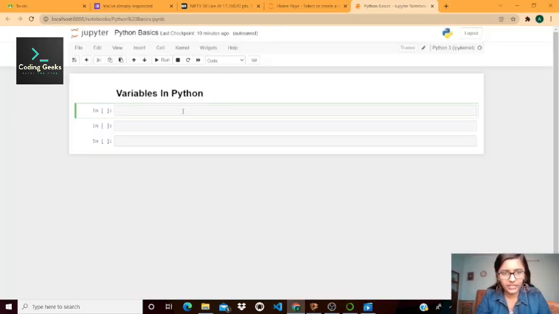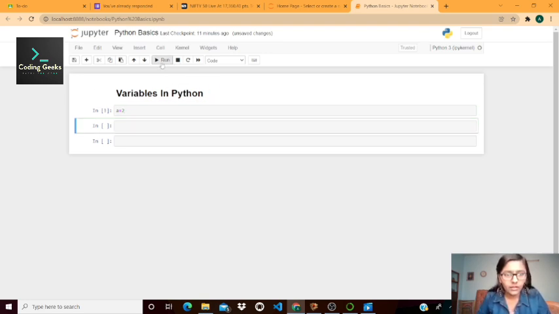What is a variable? You can assume a variable to be like a container. Inside that container we are going to store values. Now suppose we are assigning a value to a variable, and the name of the variable is A. Now we are going to run this cell.